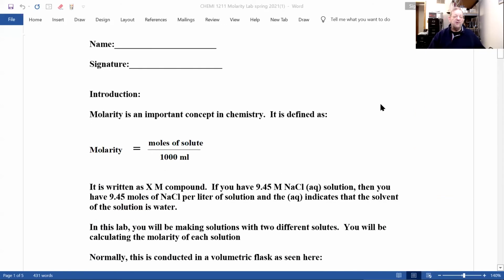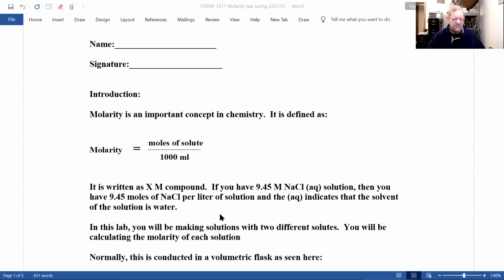All right. Molarity is an important concept in chemistry. It's defined as moles of solute per 1,000 milliliters. You notice Dr. White got fancy and used my drawing software to do this formula. It's written as X capital M compound. So if you have 9.45 capital M NaCl(aq) solution, then you have 9.45 moles of sodium chloride per liter or 1,000 milliliters of solution, and the aq indicates the solvent